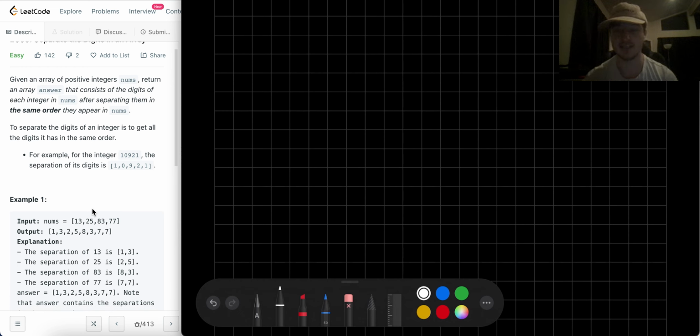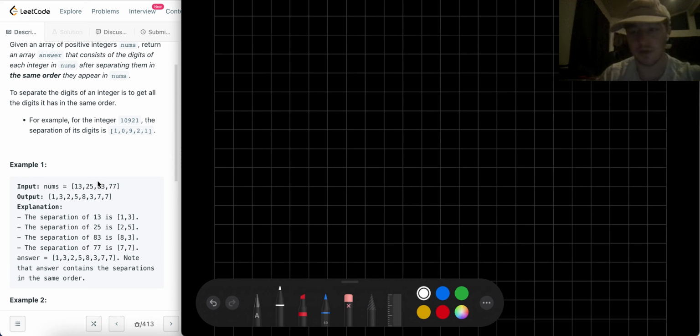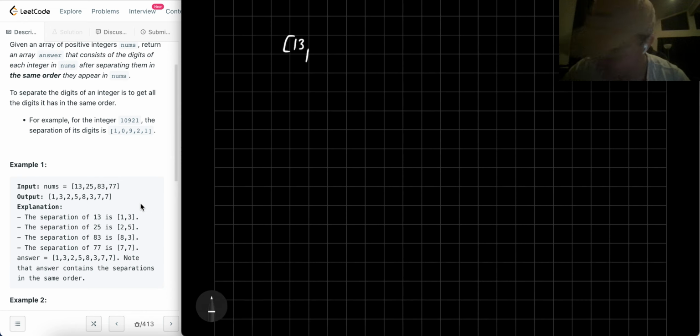Not advising that you do that in an interview, but sometimes if you're reading the whole problem description or it's being read to you and you don't understand it all, don't necessarily panic, because the example might be a better exemplifying object. Okay, so if you had 13, 25, 83, 77, if you took this example,